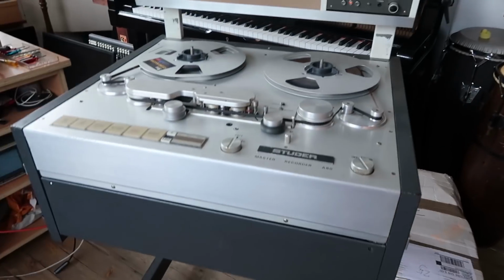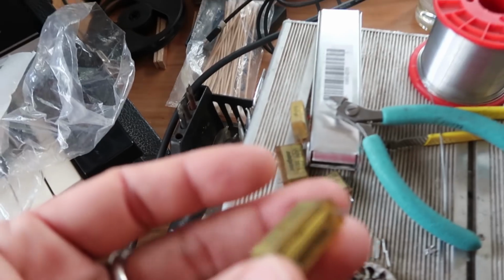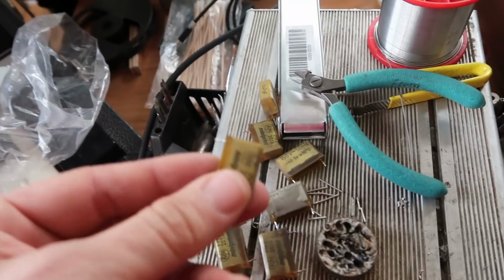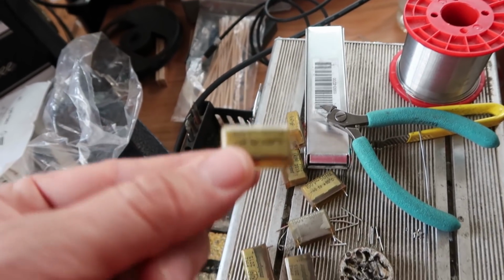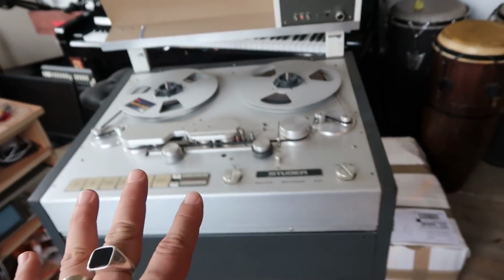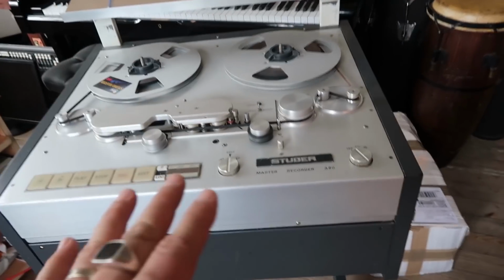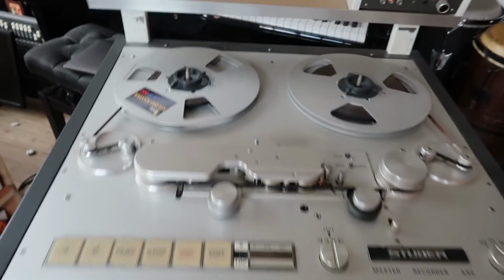So now the Studer has a few boards that have been repaired. I had quite a few capacitors that had reached the end of life, and they started misbehaving a little bit. So before they explode, because these things will explode, and they will take other components with them. And trust me, the prices on components for the Studer are prohibitive. It's so expensive, it's not even funny anymore. But luckily we managed to service all the cards that were becoming a little bit funny, and now it's good